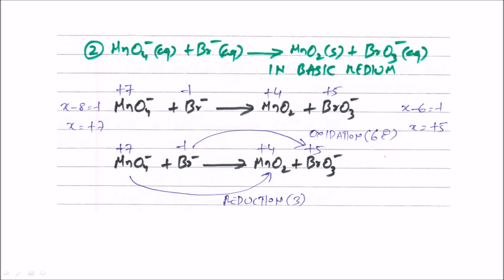Now just see the number of electrons transferred here. In the reduction step we got 3 electrons, and in the oxidation step we got 6 electrons. What does the rule say now? The next rule, we need to make the number of electrons equal. So how can it be done? It's very simple. 6 electrons we got, and here 3 electrons, so we need to multiply this by 2. So the reduction step should be multiplied by 2, so that we make the number of electrons equal in both oxidation as well as reduction step.